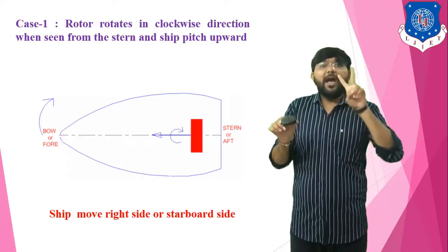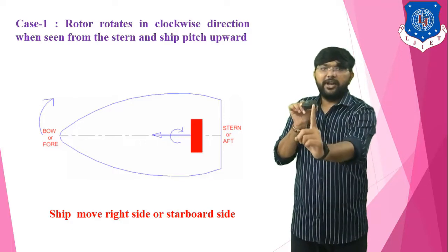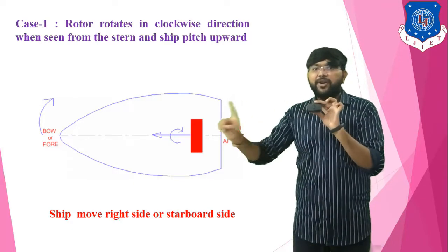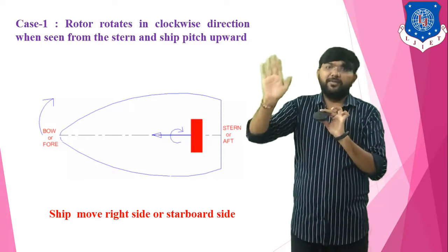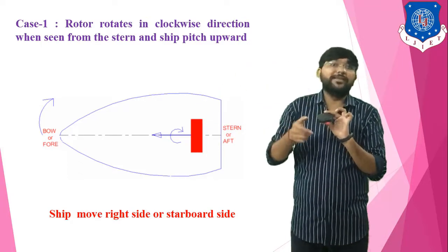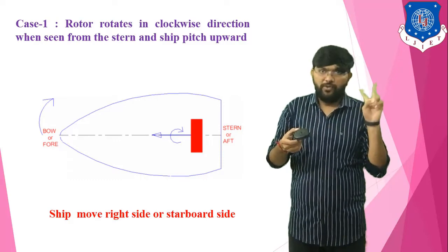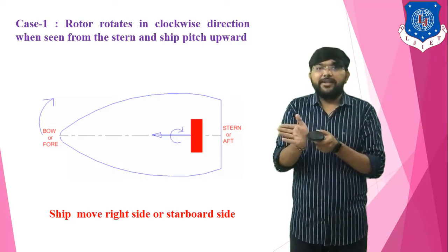Clear? So we have 2 vectors. First vector is in straight direction. Second vector is in the horizontal direction. So a body always tends to move in the direction of the resultant force. And the resultant force always acts between the two applied forces. Clear? So this is the direction of the resultant force.